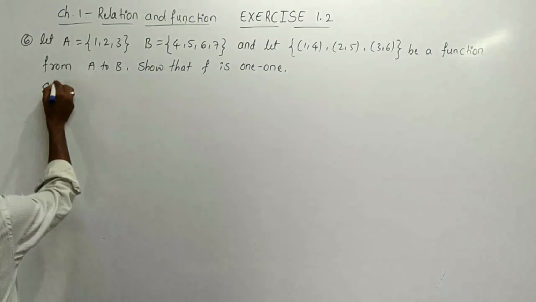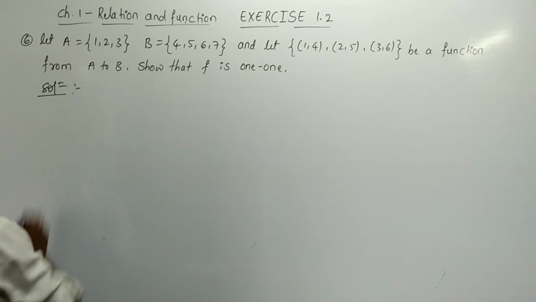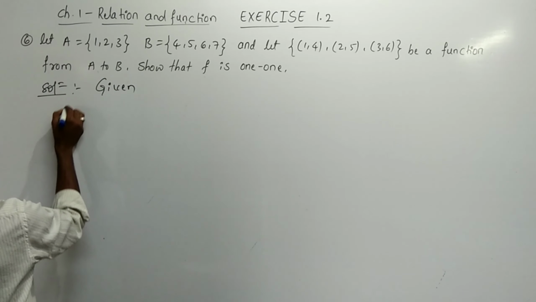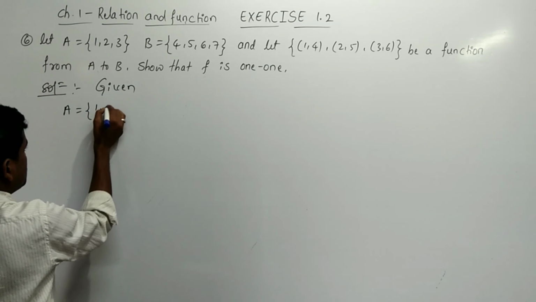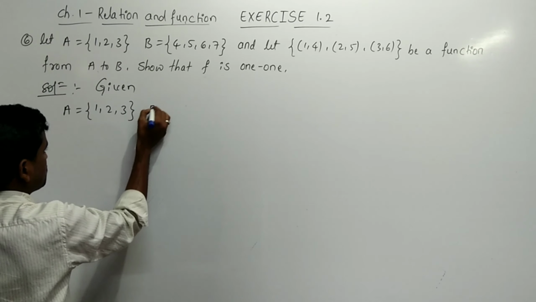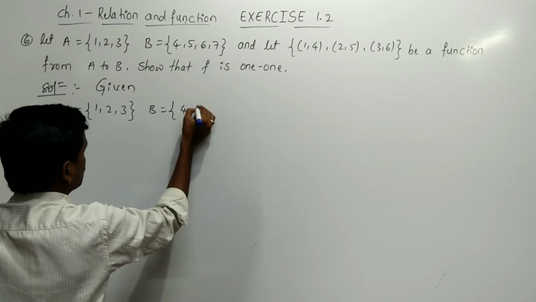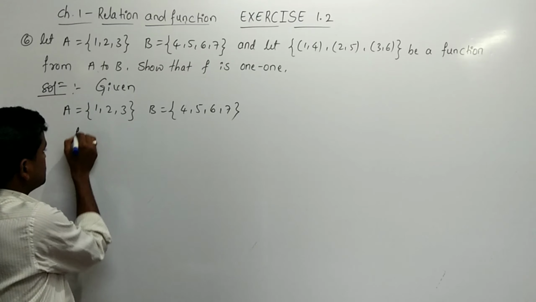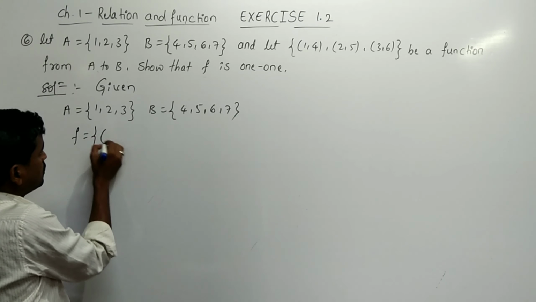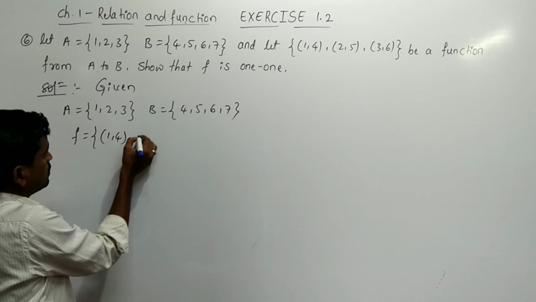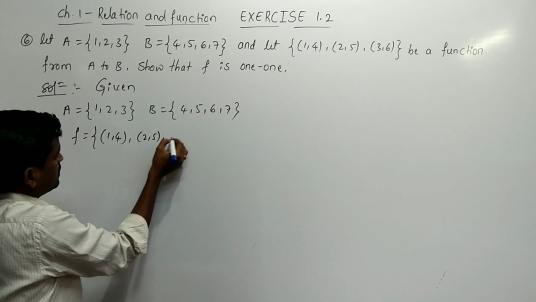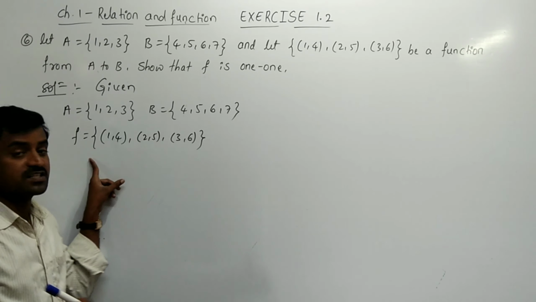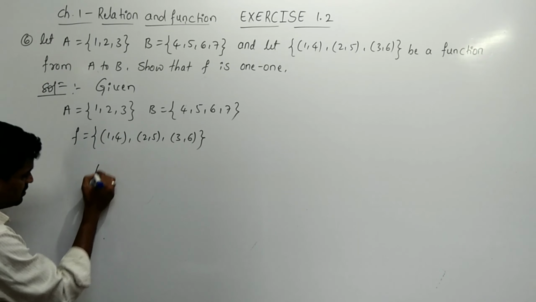By solution, given set of elements A is equal to {1, 2, 3}, B is equal to {4, 5, 6, 7}. The function is f = {(1, 4), (2, 5), (3, 6)}. This function is one-one. By mapping,